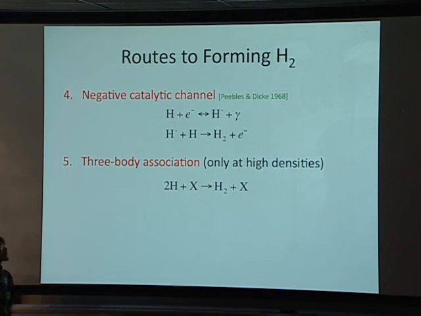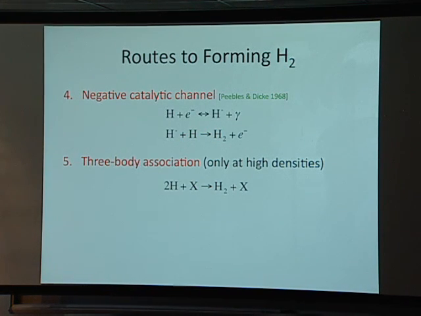Shortly after that was proposed in the 60s, there was another mechanism suggested using the electrons instead of the protons to do basically the same thing, where you can attach an electron to a hydrogen and make the well-known H- ion, which has a binding energy of something like 3/4 of an eV. And once the microwave background has redshifted to less than 3/4 of an eV, which happens around redshift 100, the H- ions are no longer going to be photodetached, but instead start to react with the neutral hydrogen that's present, and you can produce H2 this way.